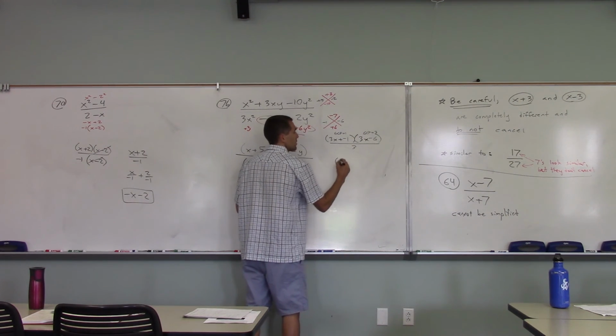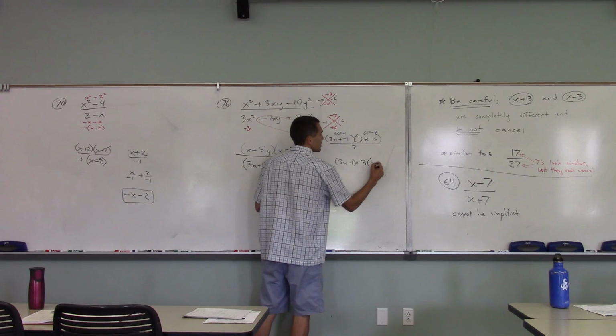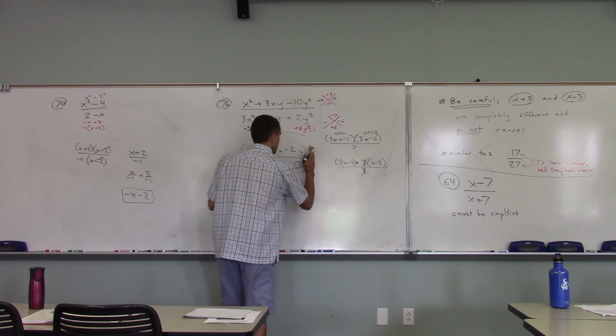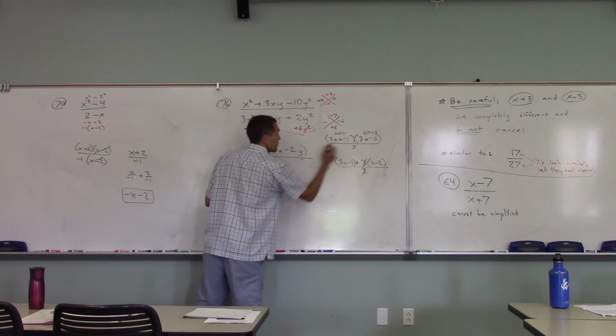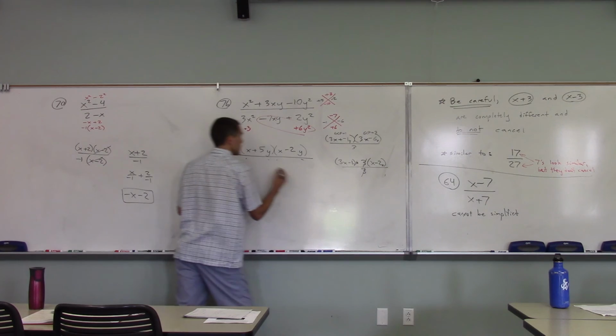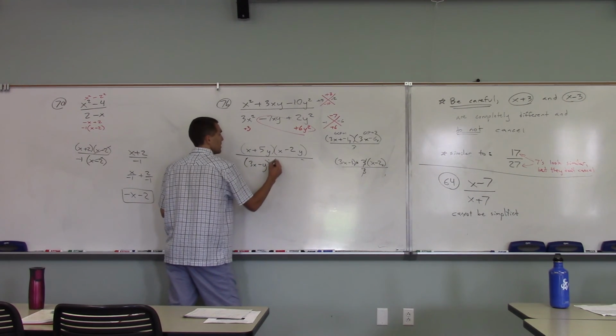So I got 3x minus 1 times 3 times x minus 2 all over 3. And going down here, oh sorry, there's a y in each of these. I get 3x minus y and